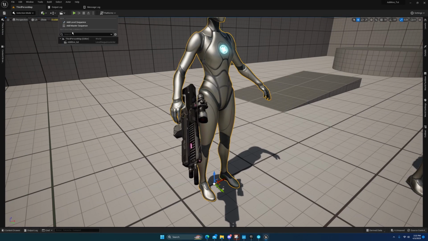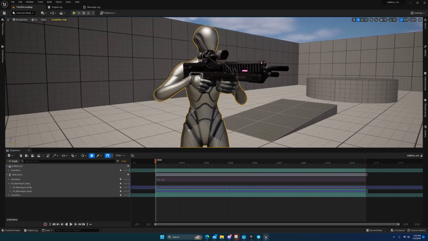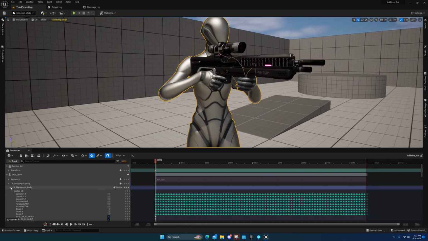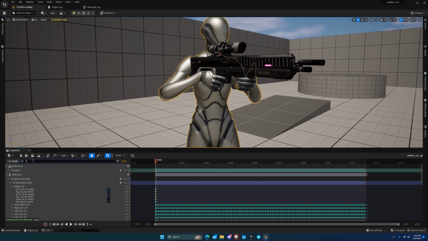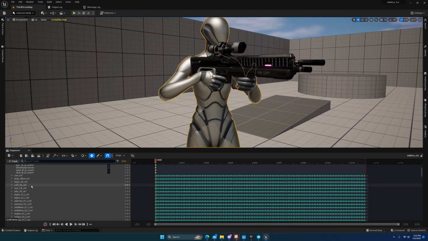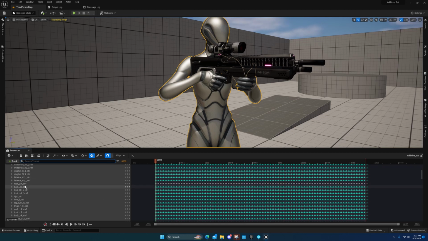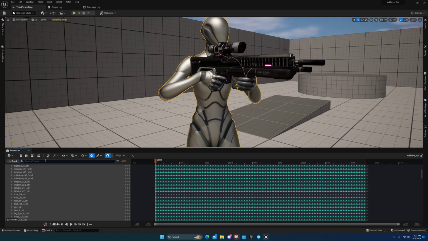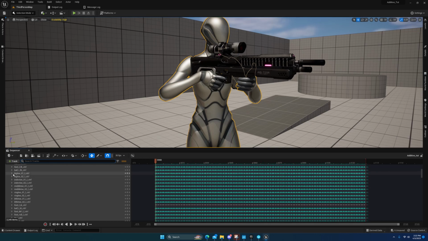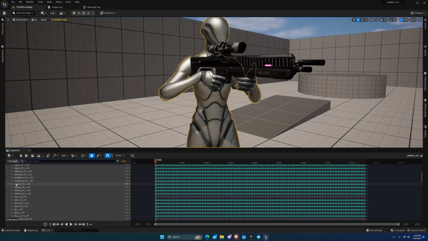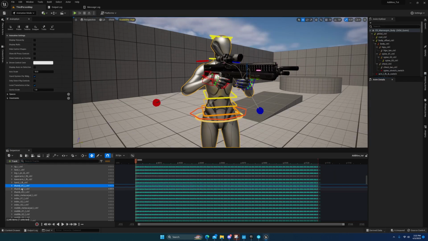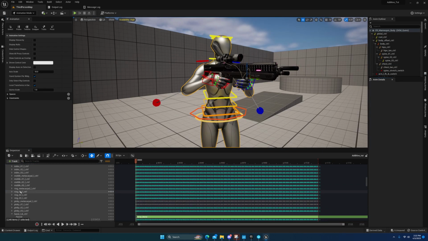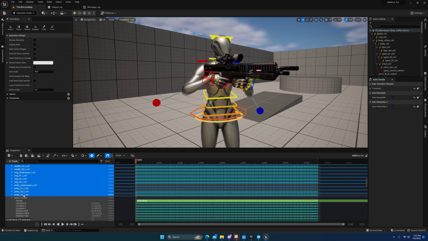So if we come back in here and I come to this additive animation, if I come to this layer right here, and let's just type, let's see, yeah, so these are the toes, and all of this right here